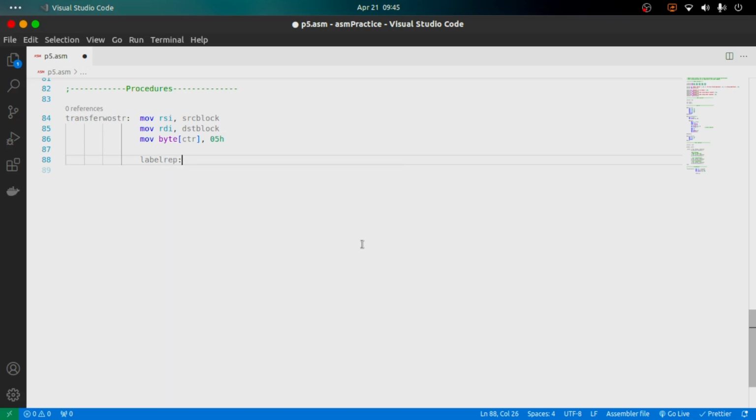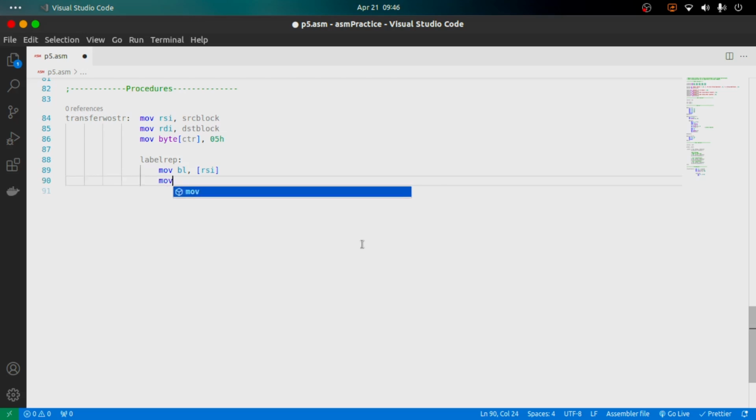So label repeat, move BL, comma, we move BL to RSI, right? Because we need to move the data one by one. So BL is basically acting like a temp variable here. Move RSI to BL and then move